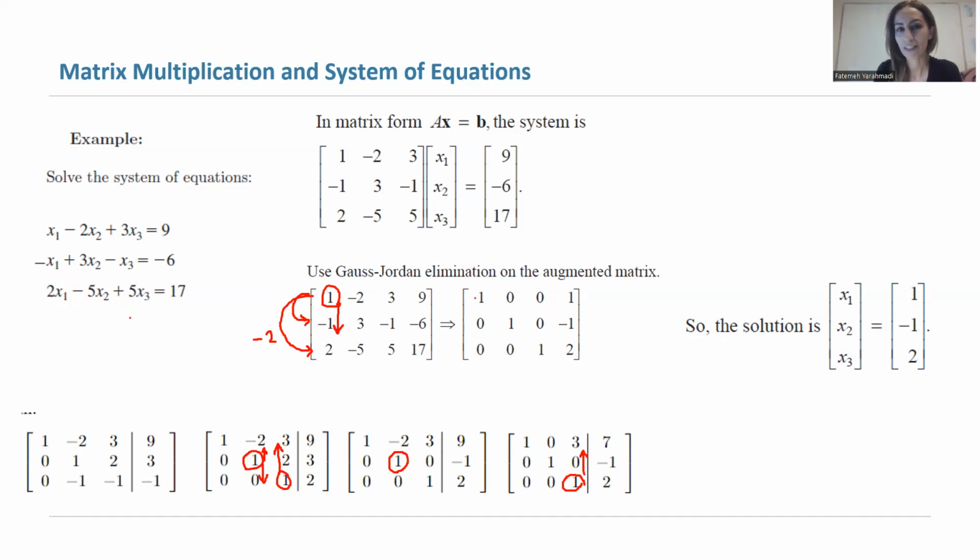This says, hey, 1 times x1 is 1, 1 times x2 is -1, and 1 times x3 is equal to 2. So it means that the system that you have has a unique solution, and the system is consistent. These 3 planes intersect at this specific